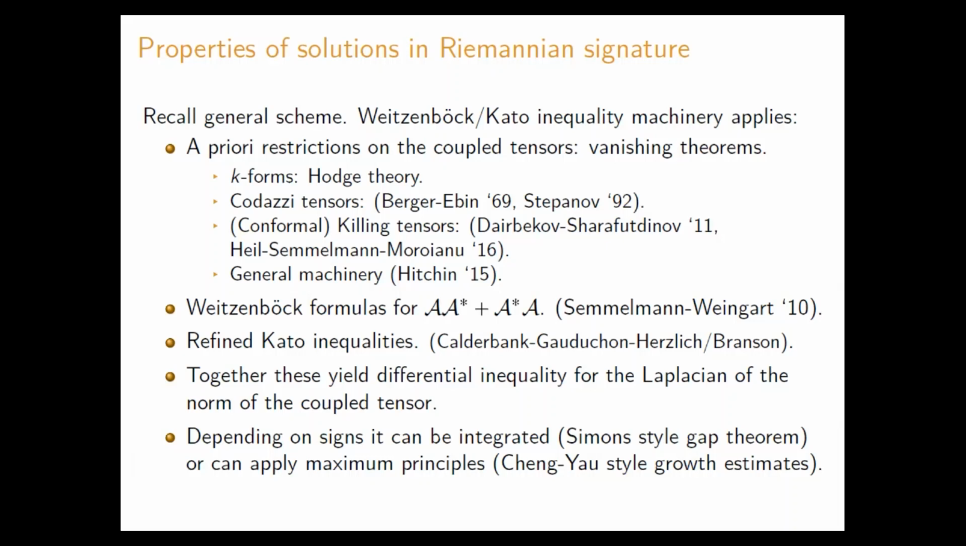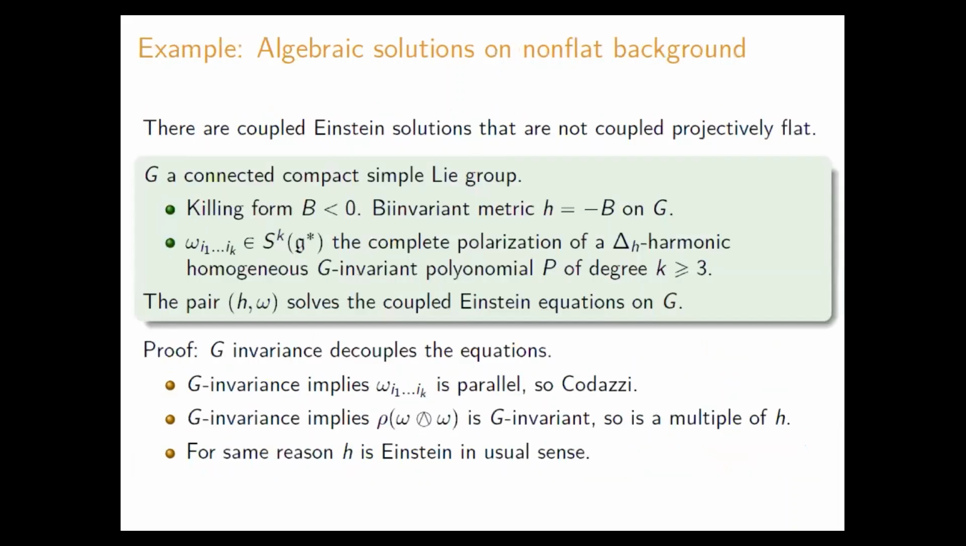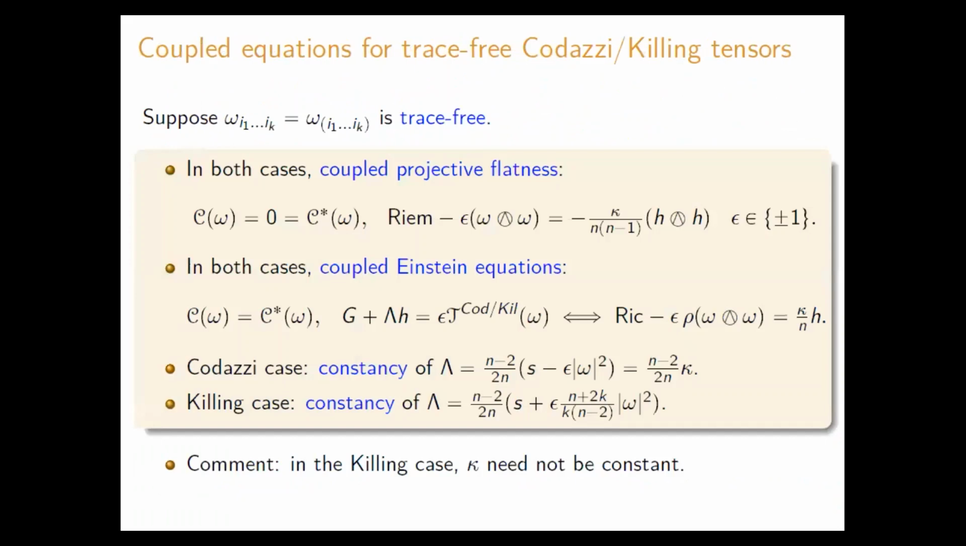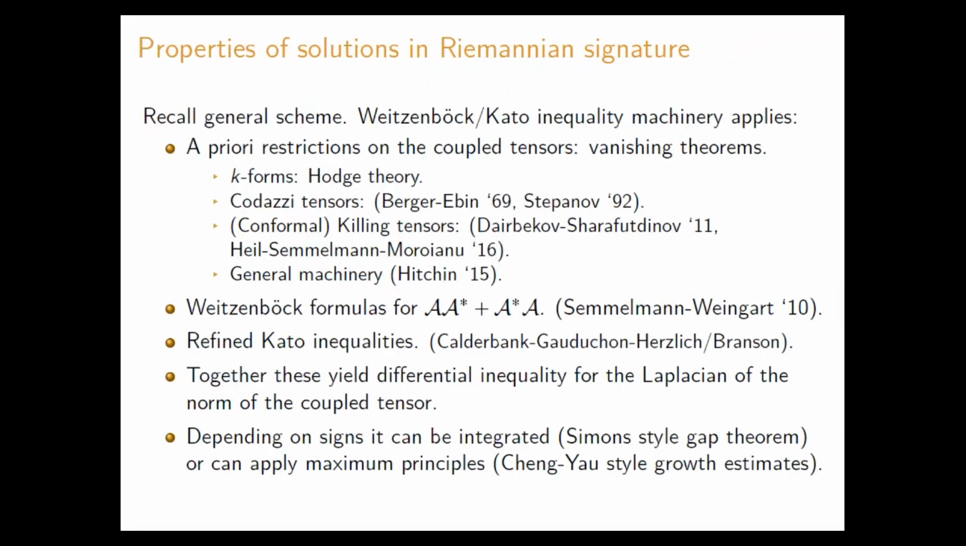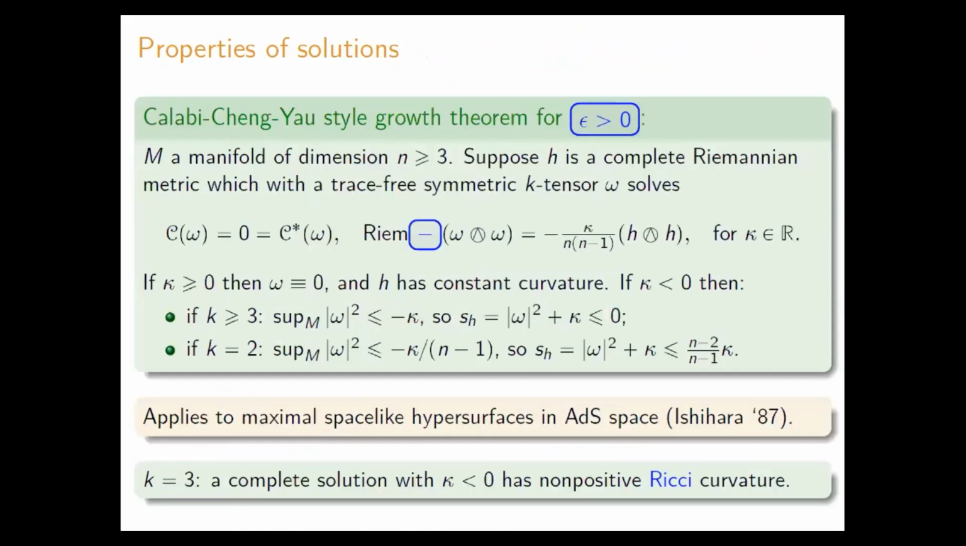So you put all this machinery together, and what you get in general are things like a Laplacian of the norm squared of the tensor omega is related to some curvature terms. You get some sort of differential inequality, and depending on the signs, meaning the curvature signs and also this epsilon that is in all these equations, you either apply Cheng-Yau style maximum principle arguments to obtain growth estimates, or you integrate it to get a Simons-style gap theorem. So let me say what I mean. So here's an example of